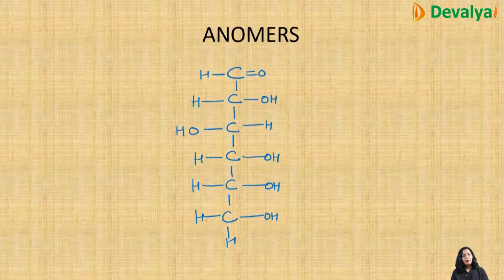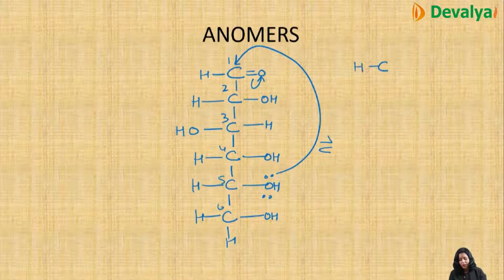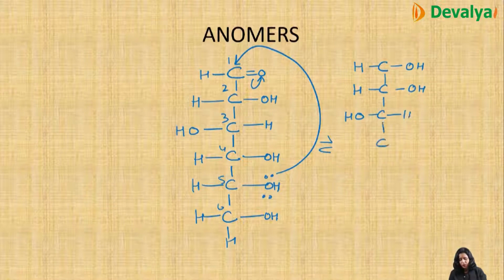Now what will happen, that you have 1, 2, 3, 4, 5 and 6. On the 5th carbon, this will shift this side and these electrons will shift to this oxygen. Now this reaction will be at equilibrium. This is your CHO, now this becomes OH. This is H, OH. Third OH this side, H, C, H, OH,